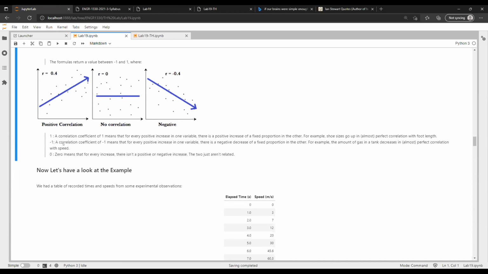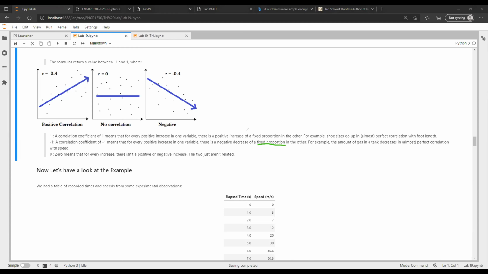A -1 on your correlation coefficient means that for every positive increase in one variable, there's a negative decrease of a fixed proportion in the other. For example, the amount of gas in the tank decreases in almost perfect correlation with speed. So something that is worth highlighting, both literally and metaphorically, I guess, or rhetorically, is this term here,